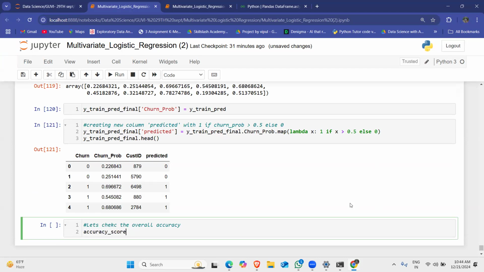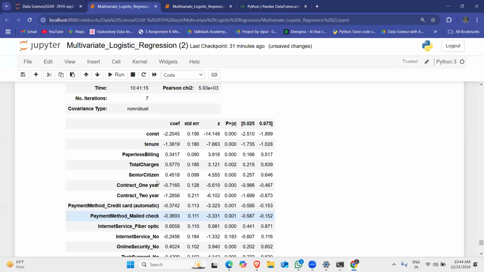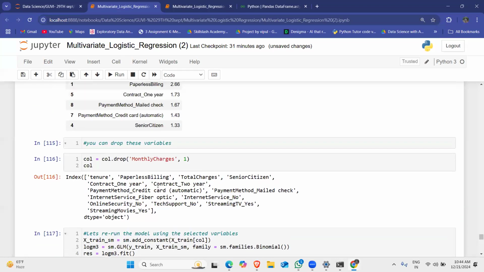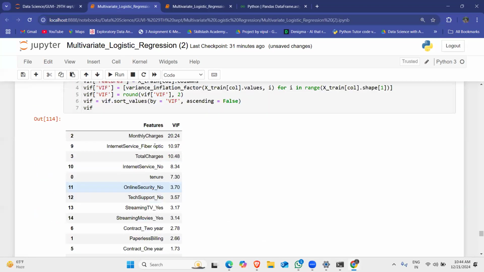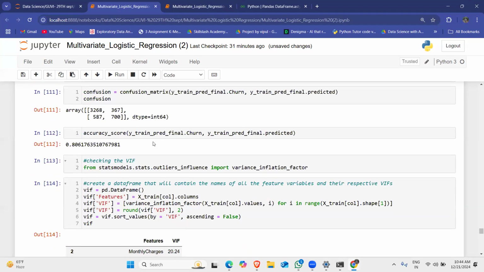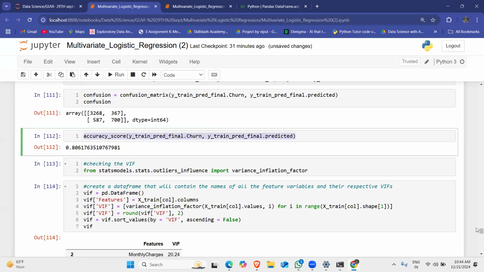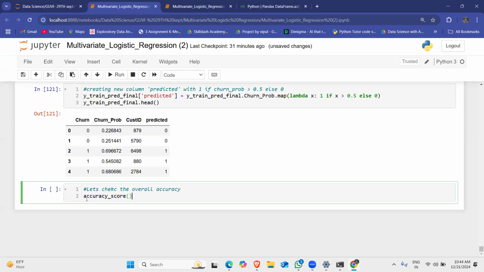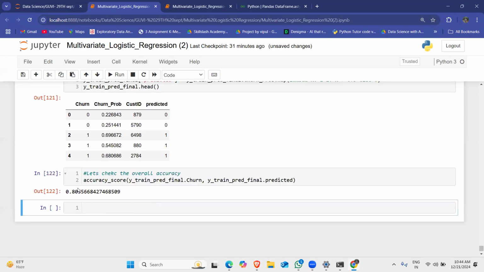Accuracy underscore score between the same thing which we have done earlier. So you can take leverage of copying this code directly, because copy and paste is allowed here so that it saves our time. So it is 80.55, right?